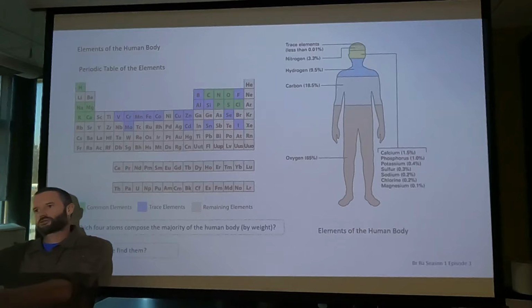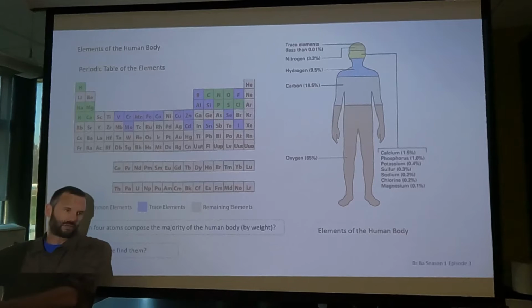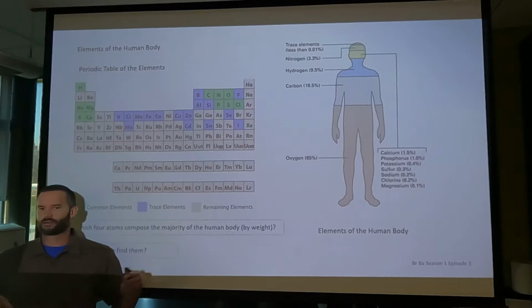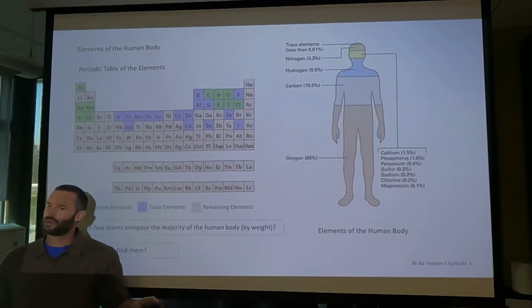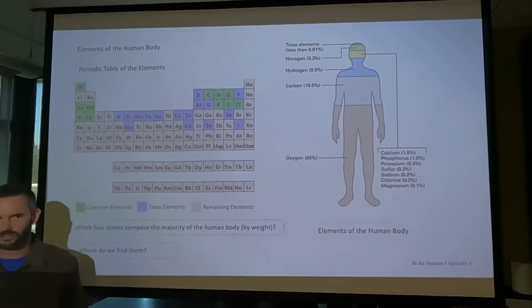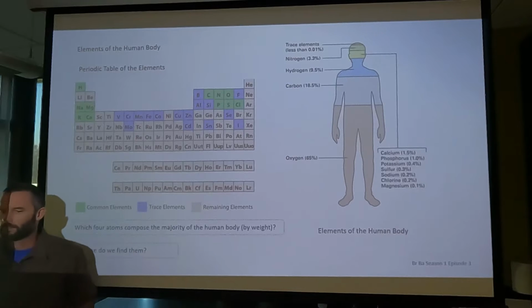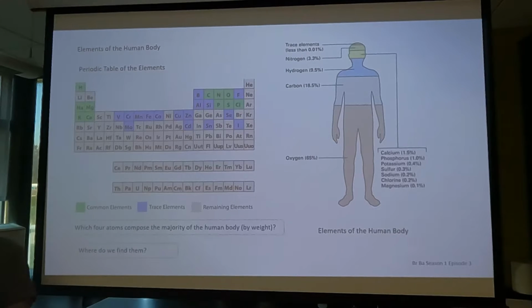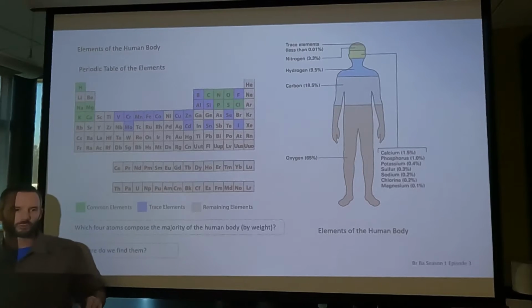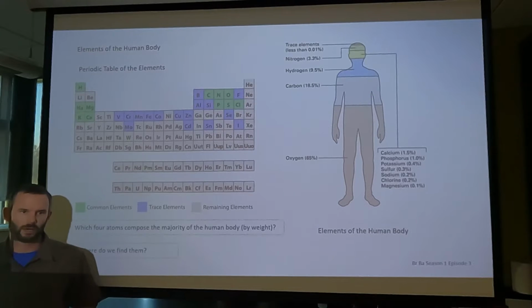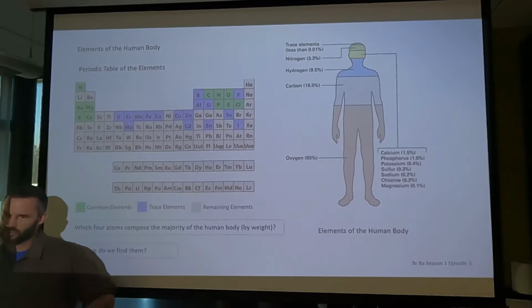scene, it's going back to a scene of Walter when he was in chemistry and he's talking with this girl. And they're going through this exact same thing. They're talking about all the different elements that make up the body. And he has a lot of the same surprise reactions that you might have had. Keep in mind, when they're talking about elements, they're talking about the number of atoms in the body. Like, what's the most abundant element in the body, not necessarily by weight, just to keep in mind.